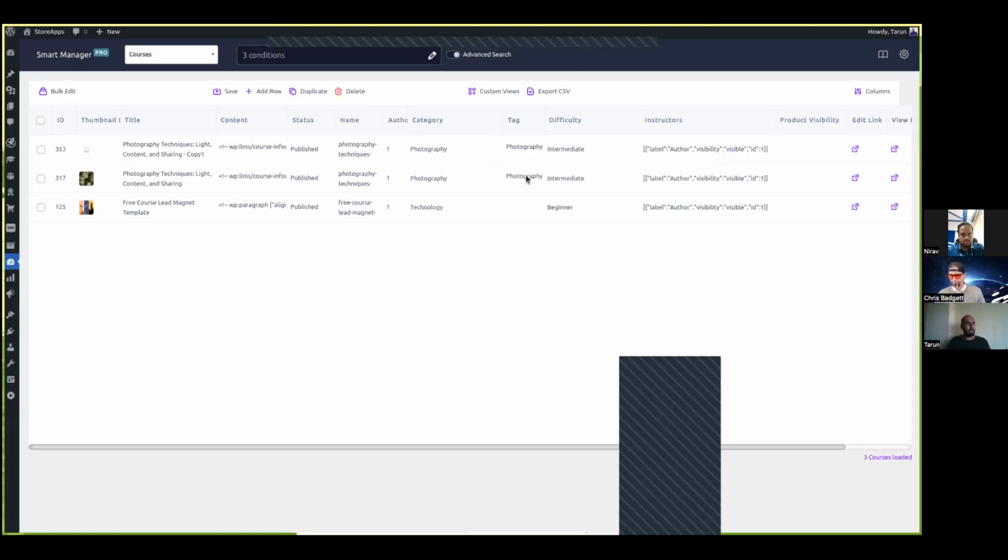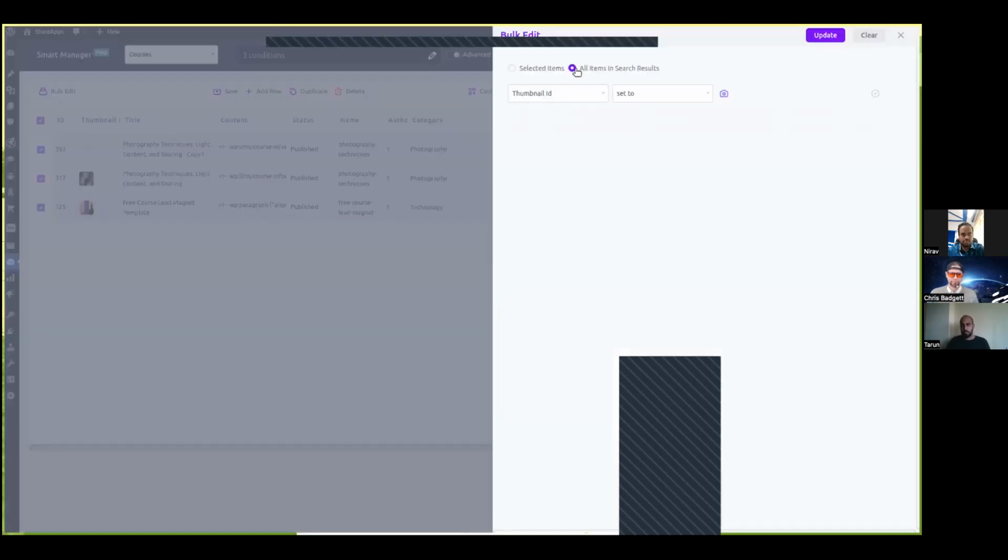Now let's say that, okay, this is my condition wherein I would like to now update some things here, that this is my search result. Now I'd like to update. That's the basic requirement that normally occurs when you have a huge store. So what I do is I'll simply click on this header checkbox. Header checkbox means I can either update all the records in my store or all the records in the search result. Now, once I click on bulk edit, it will say either you want to update all the selected items or you want to update all the items in the search result.